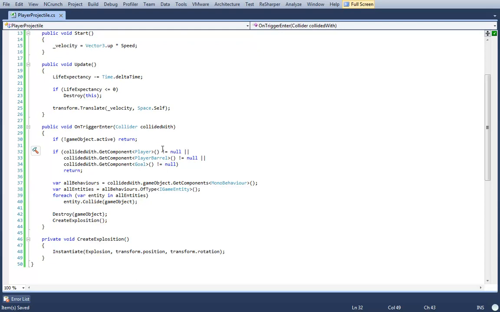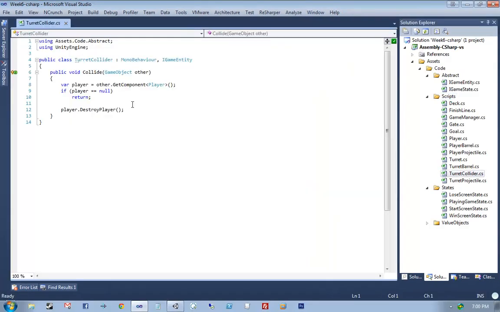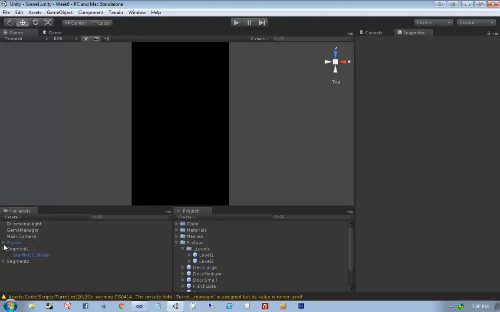So, what we're going to go ahead and do now is write out our turret collider implementation, because our turret collider is now going to become an IGameEntity, and it's actually going to, well, it already is, but it's going to handle two cases. It's going to handle if we collided with the player or if we collided with the projectile. If the turret collider gets hit by a projectile, what we need to do is destroy the turret. But there's something very important to keep in mind about the way we've constructed our turret prefabs, and that is that our turrets,